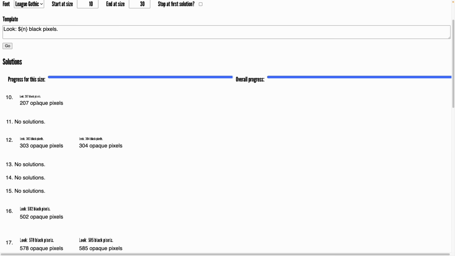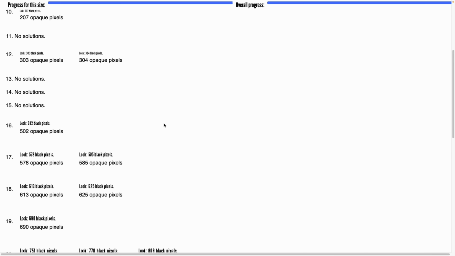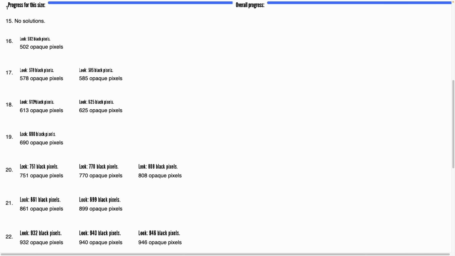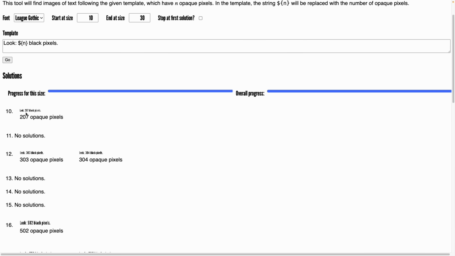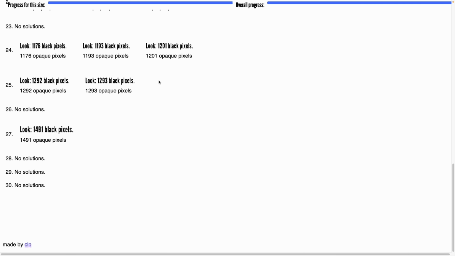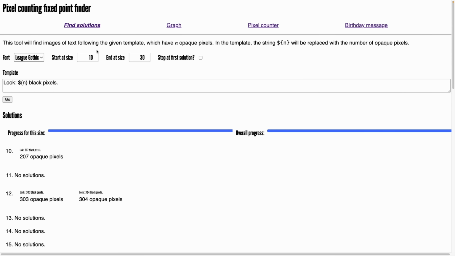So there was one solution for font size 10, but look how small it is. Or I must admit, I'm now doing all of this at HD. In this specific typeface in Lee Gothic, at that size, for this wording, that little image there has exactly 578 black pixels. But you can see the small ones don't render very well, and the big ones are much better. Look at that.